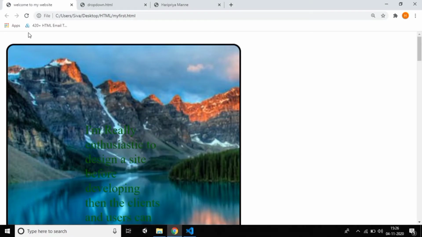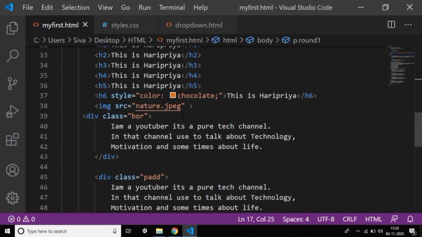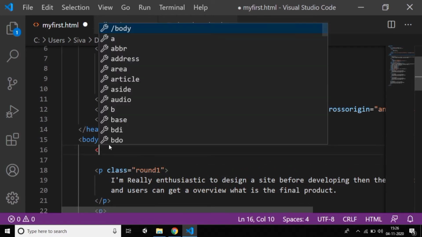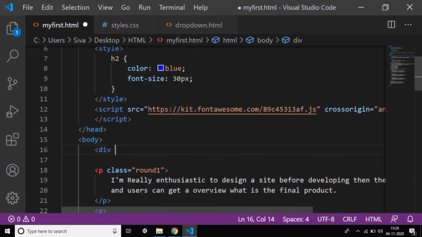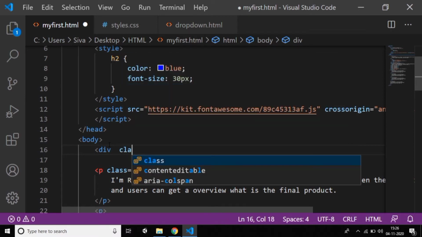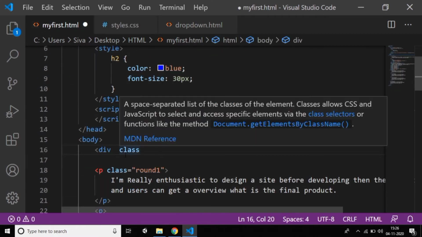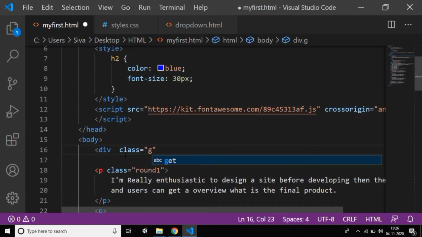If I reload, it doesn't give anything because I didn't add it in HTML. So go to HTML, take a div tag and give it the class of this one, which I'm calling grd, because I want to show the color.